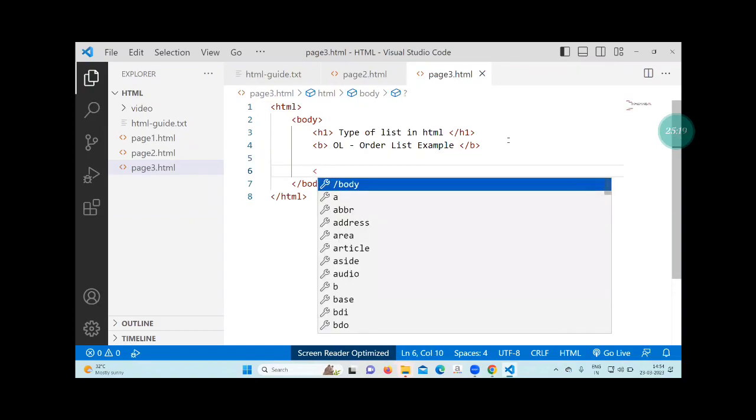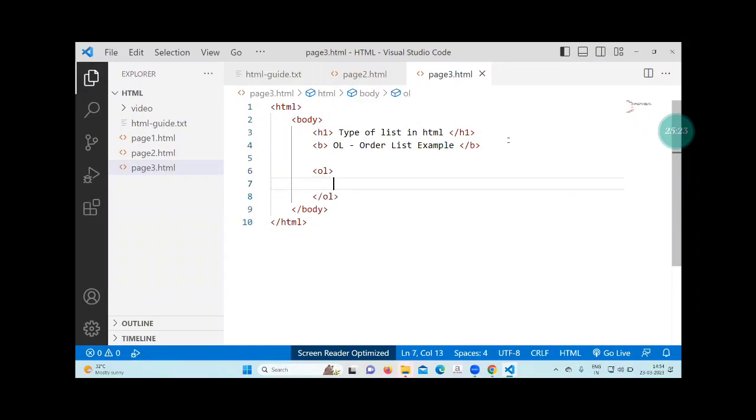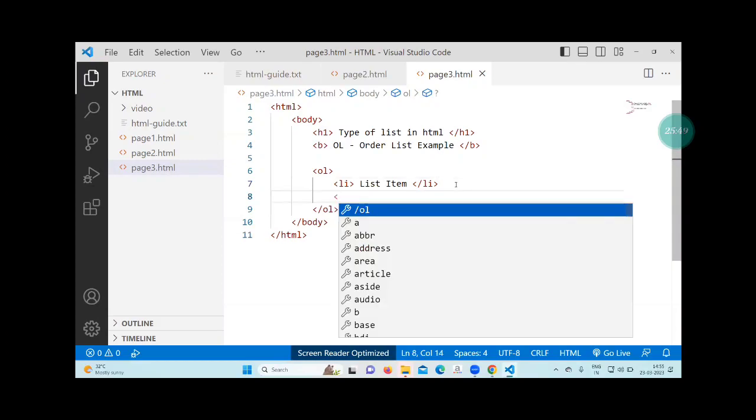Come now, and follow the tag called OL, not zero one, OL. It is called ordered list. It's a parent tag. Start the OL. Come inside, follow the LI. It is called list item. List item. Okay. Next, add below a few